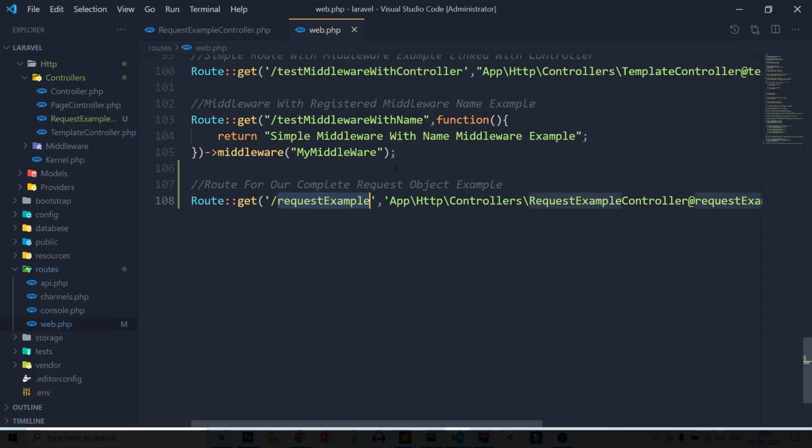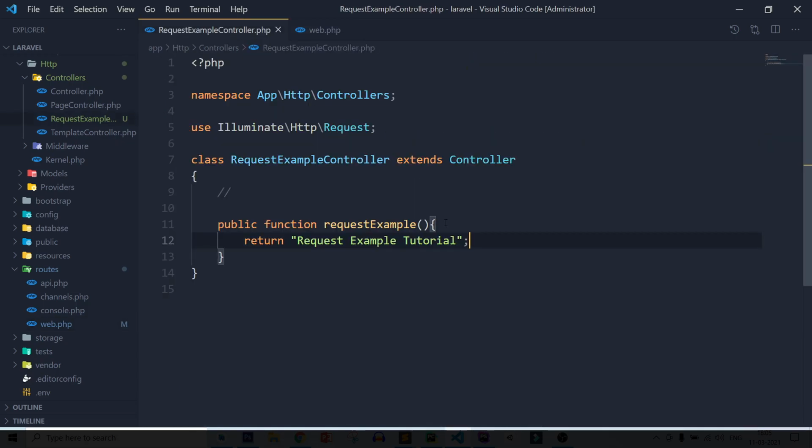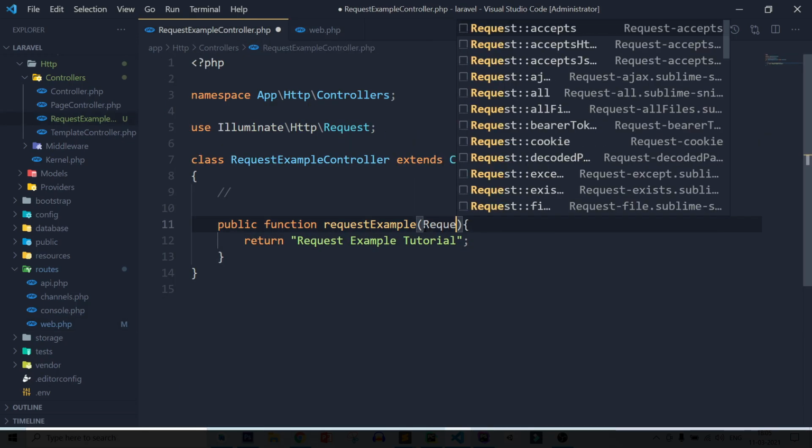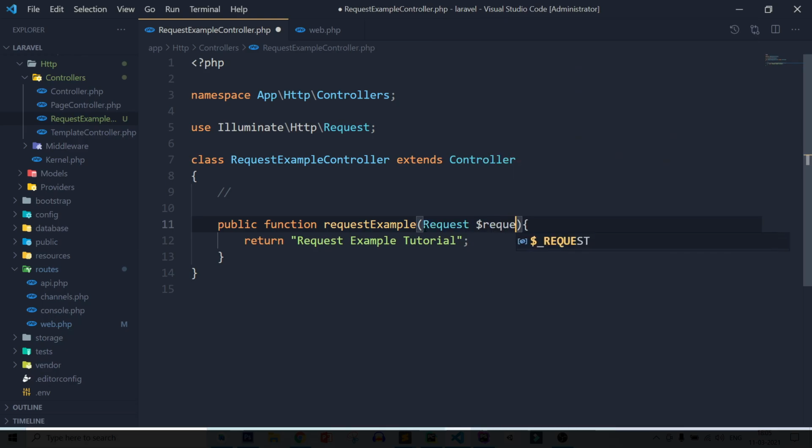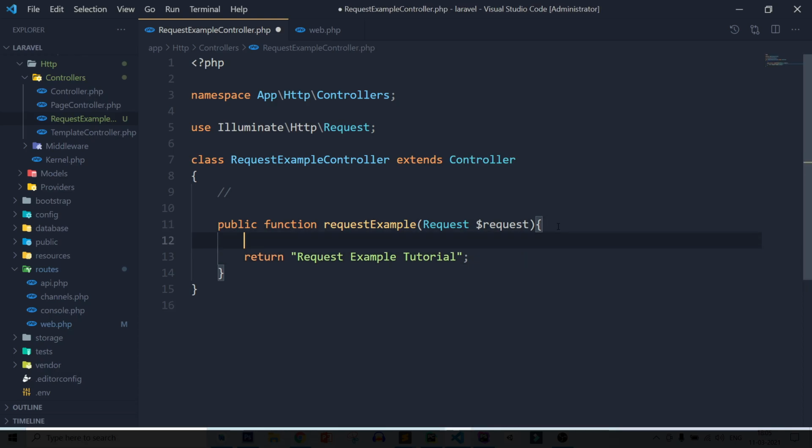Now after that let's work on the request object. So first let's add a request object here: $request. And remember this, when you are using the request object you must see that it is imported in your page. You can see it's imported from use Illuminate\Http\Request. After that let's work on the request object. So let's see the first example, which is how you can get the path of a URL, how you can get your full URL, and how you can get your URL.